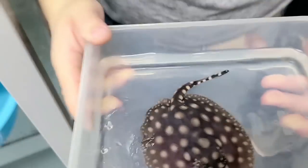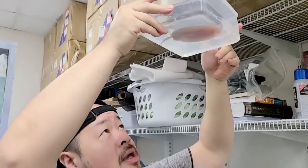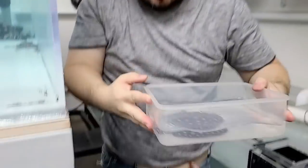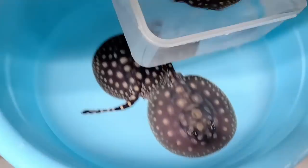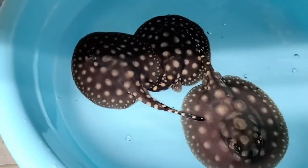Okay, definitely I'm achieving the type of pattern that I want, and this is a female, and the consistency of the pattern. So this is when the breeding of stingrays starts to become a little bit more profitable, because sometimes when